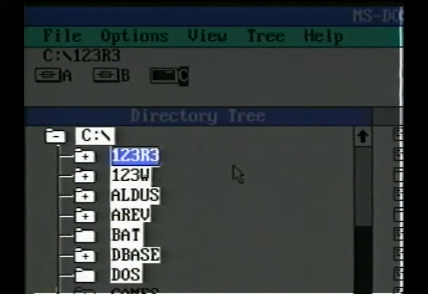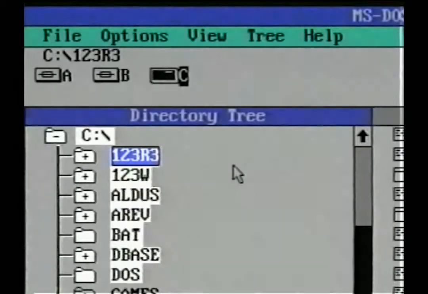Professor, what exactly is the difference between a directory and a subdirectory? Actually, there isn't any. It's all in the way you look at it. This is where this window gets the name tree structure. The C: is the main or root directory. Everything else in this tree structure is a subdirectory of the root directory, and each of these directories can have